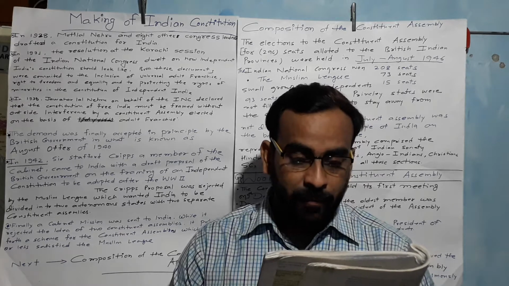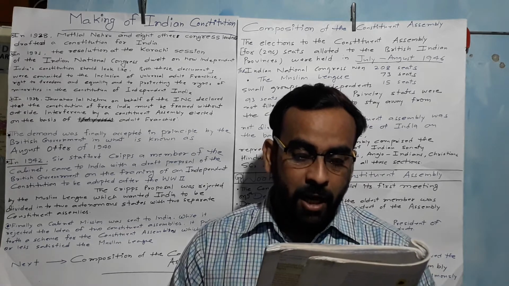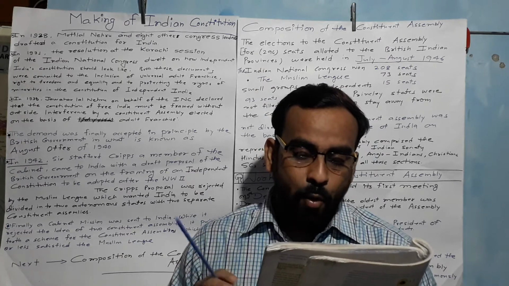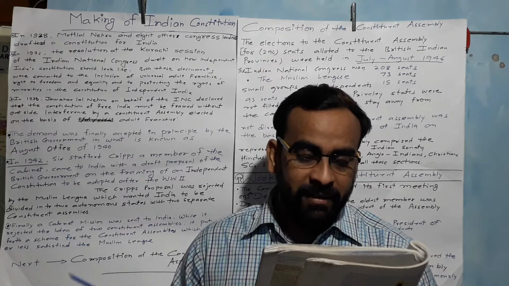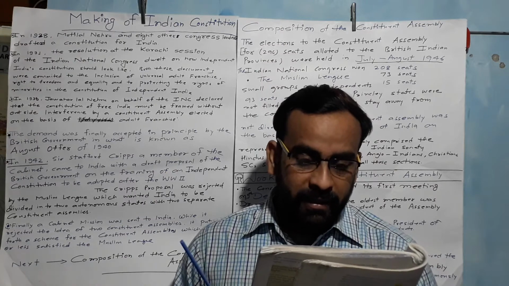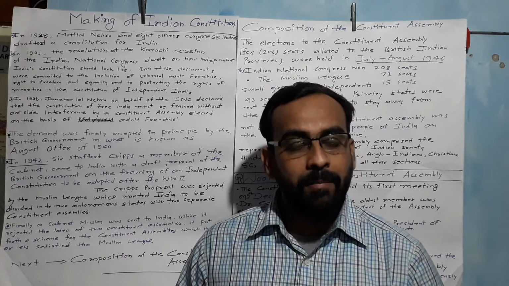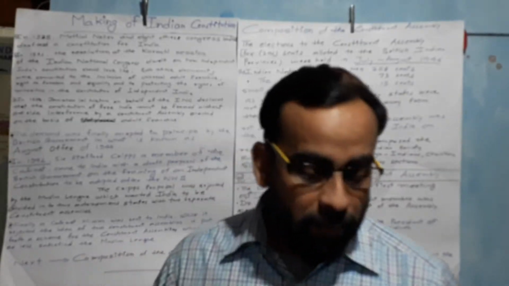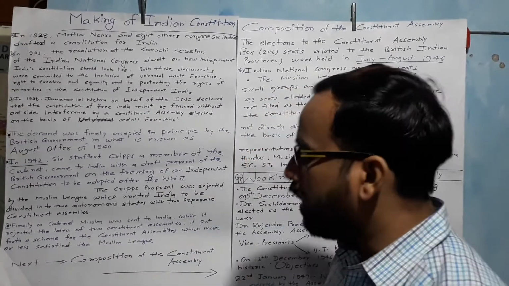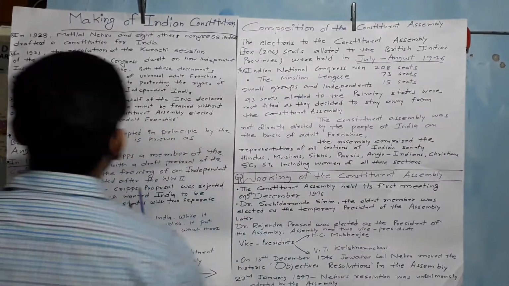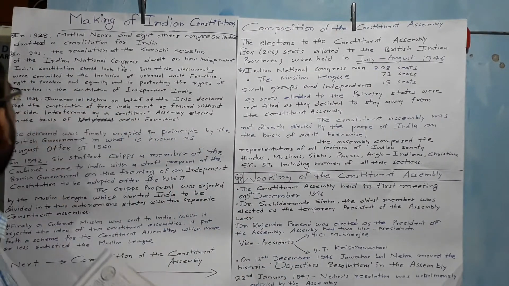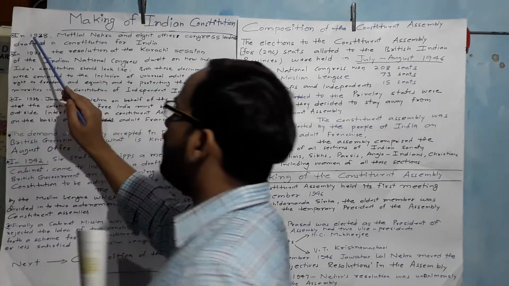There was another problem. The British had left it to the rulers of the princely states to decide whether to merge with India or Pakistan or remain separate states. These are the difficult problems faced by India after independence, but the process of the making of the Indian Constitution started. Point wise, point number 1: